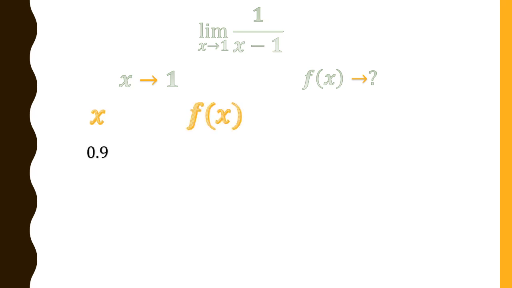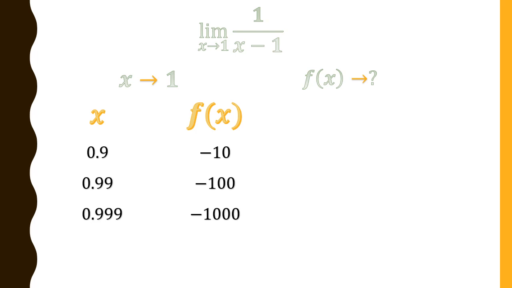We will move forward to the last sum of this tutorial. Now this sum has a bit of a twist, which I will explain. We have limit x tends to 1, and we have to find the limiting value for the function f(x). In the usual method we start with x and f(x). I will take lesser values for x starting with 0.9, and when I put it into my equation, 1 upon (x − 1), I get negative 10. When I take 0.99 I get negative 100, and when I take 0.999 I get negative 1000.